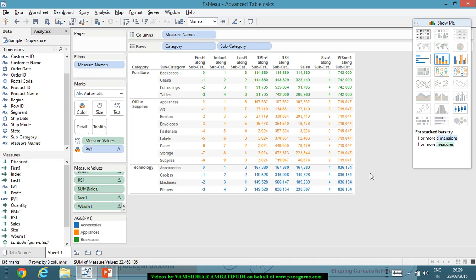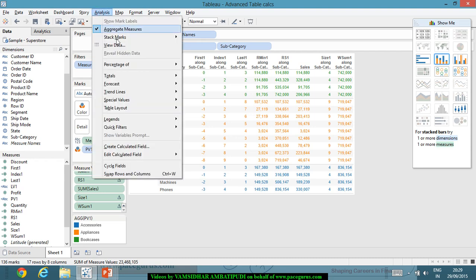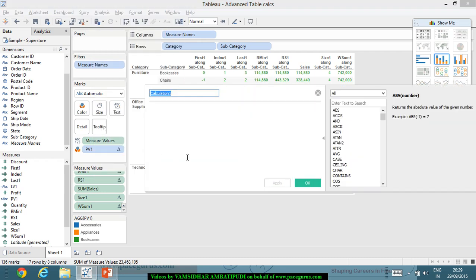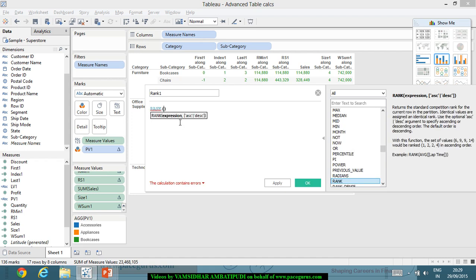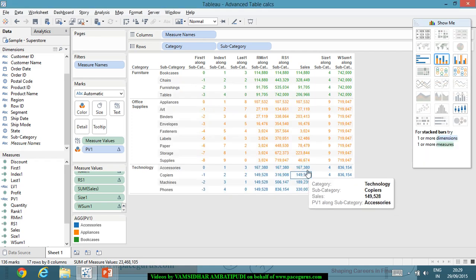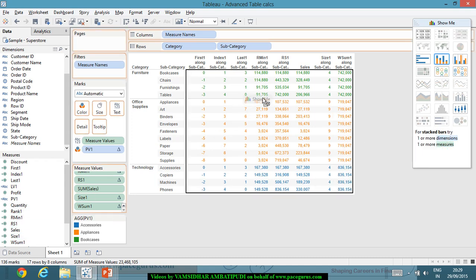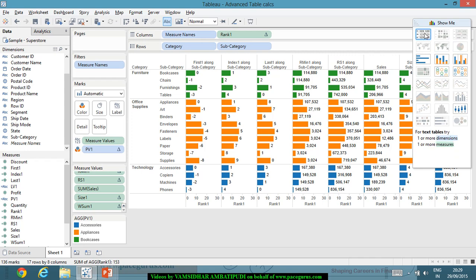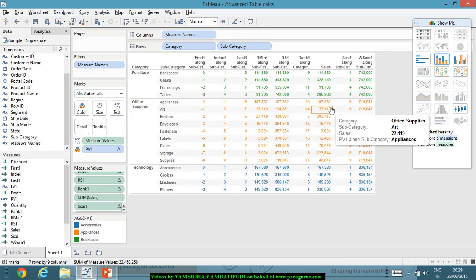Now we have different formulas that are related to the rank. So I can go into a calculated field called rank 1, where I am using the formula, let's say a simple rank. Right, I can talk about an expression. So here I could take rank based on the sum of sales. I say okay, and when I pull rank 1 into this category, all I can see is